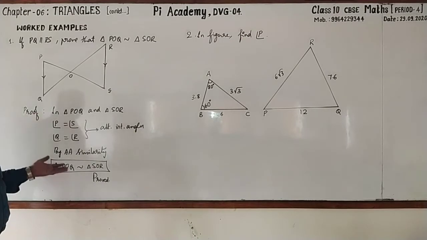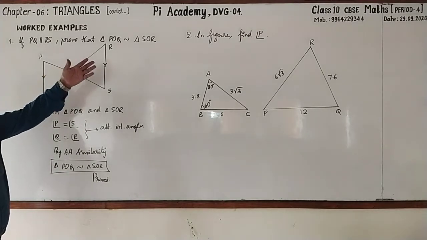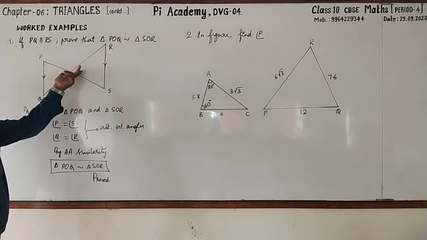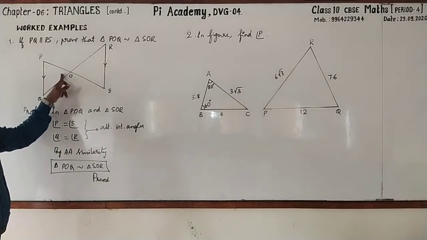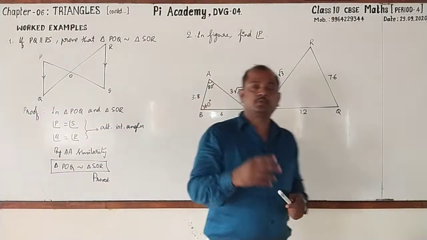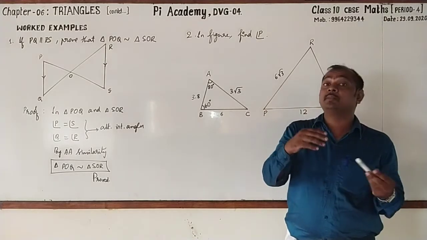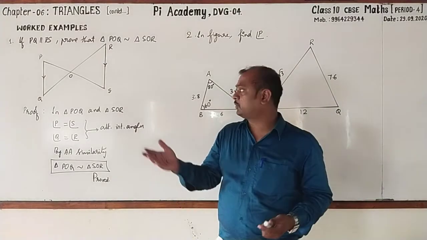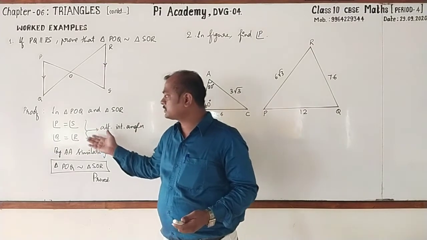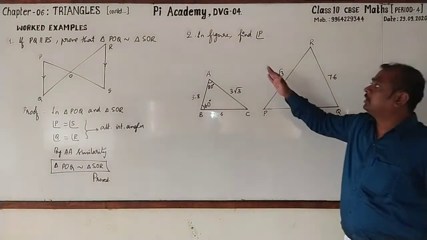Yes, hope that you have written the same, right? Okay, just you will go for taking two pairs of angles. Of course, one more pair is possible. See that these two are vertically opposite angles. But we know that in any two triangles, if two pairs of corresponding angles are equal, the remaining angles will also be equal. So that's why we have taken AA similarity. Followed?